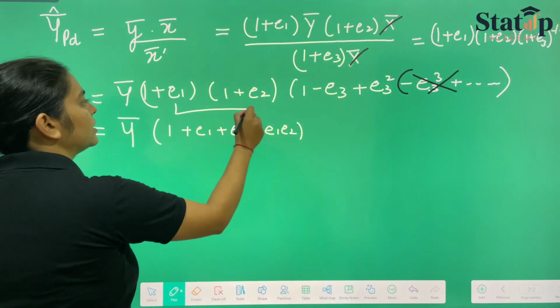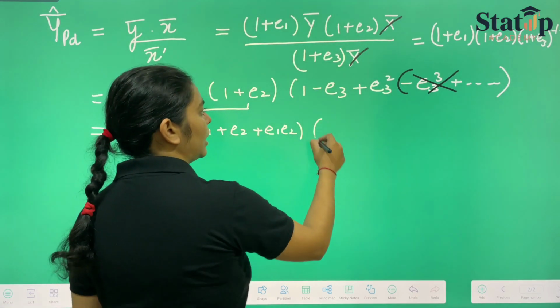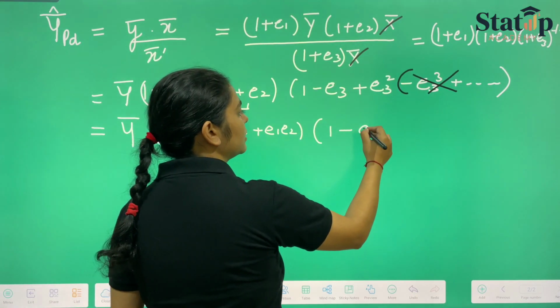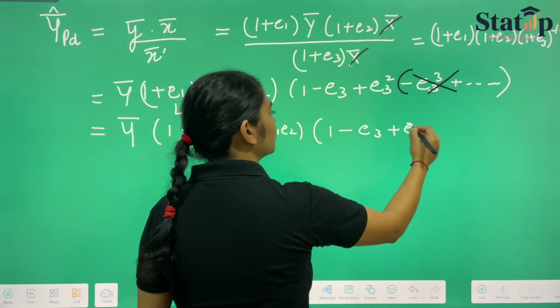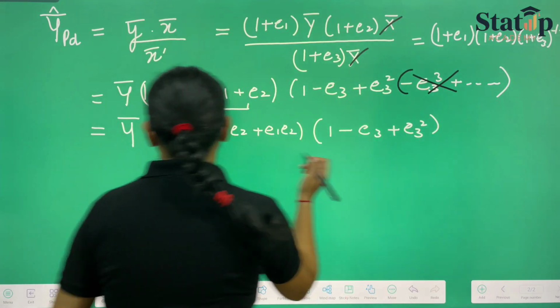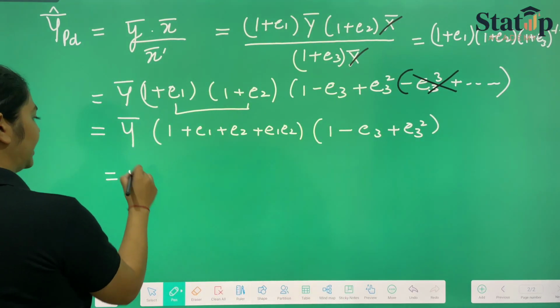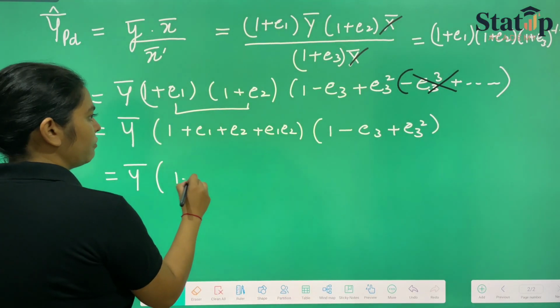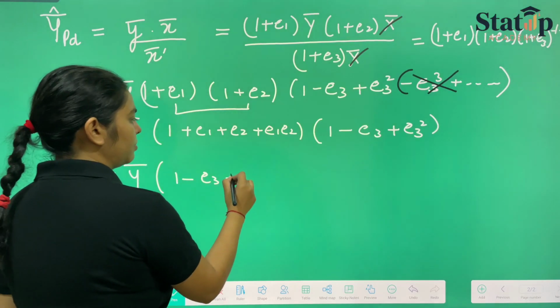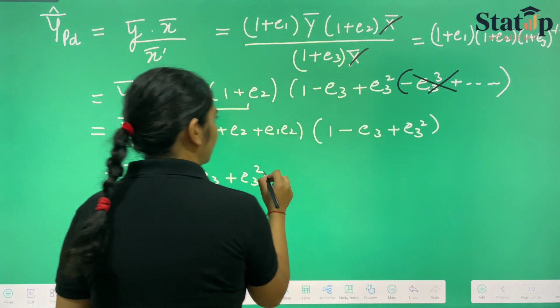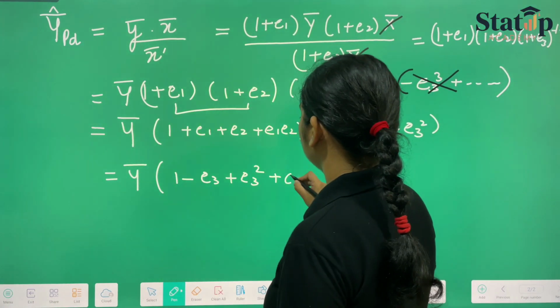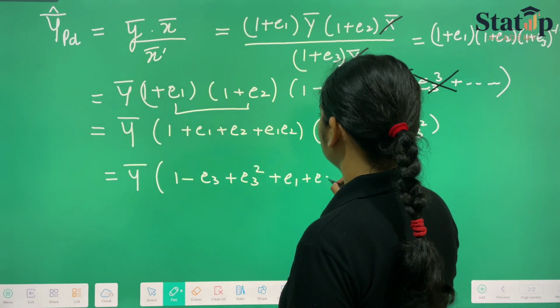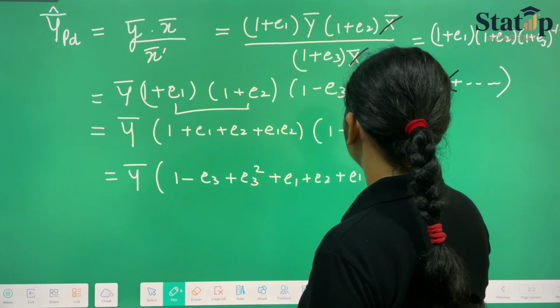I have multiplied these two, and then I am multiplying 1 minus E3 plus E3 square. Now if we multiply this, we will be getting 1 minus E3 plus E3 square plus E1 plus E2 plus E1 E2